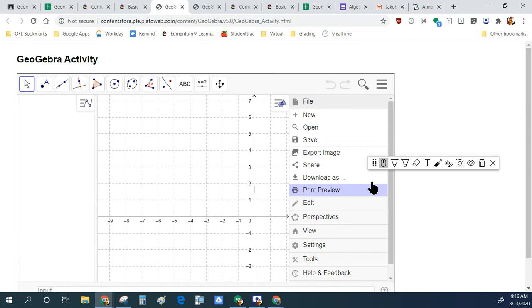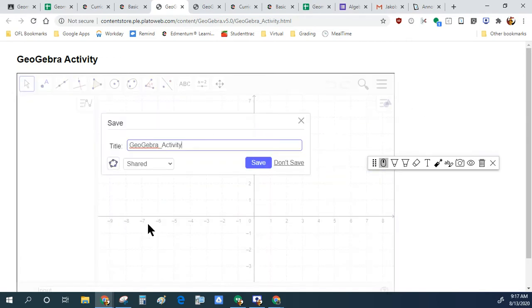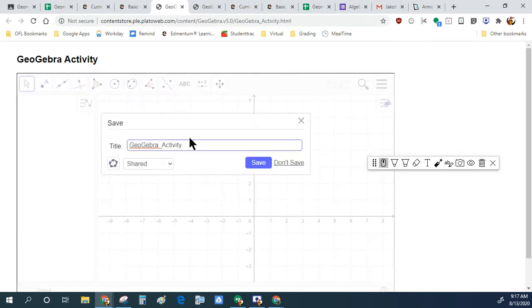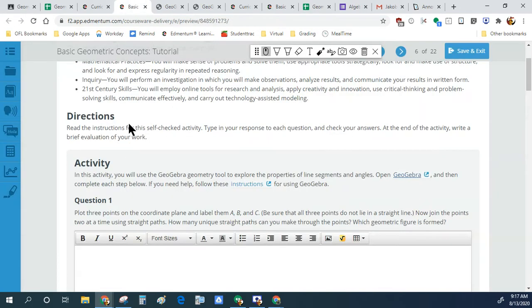If I go to GeoGebra, basically I have an account, but when you click share, it doesn't let you share unless you have an account. So later on, I'll release a video on YouTube on how to make a GeoGebra account. But you want to do it with your student account because, like I said, the teachers are going to start collecting these links. So when you go here, click these dots, hit share,